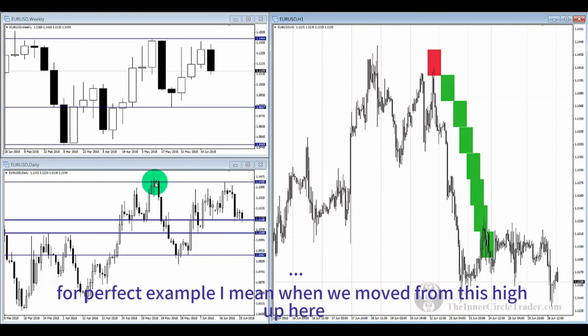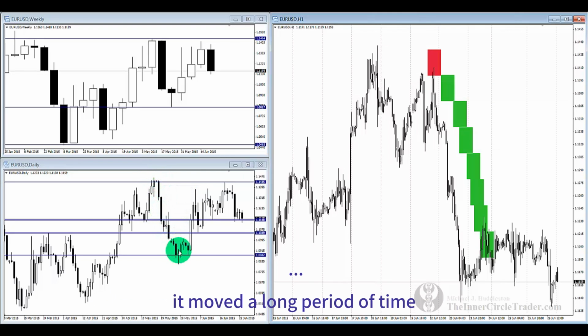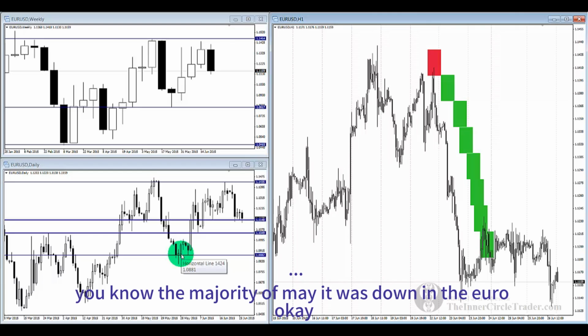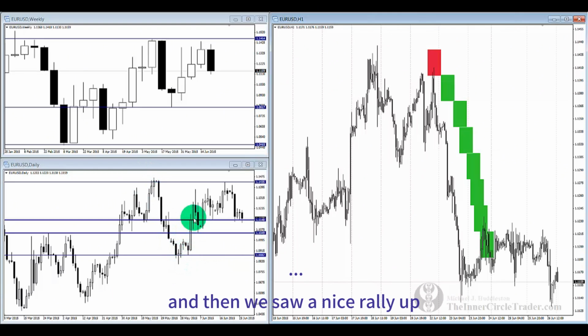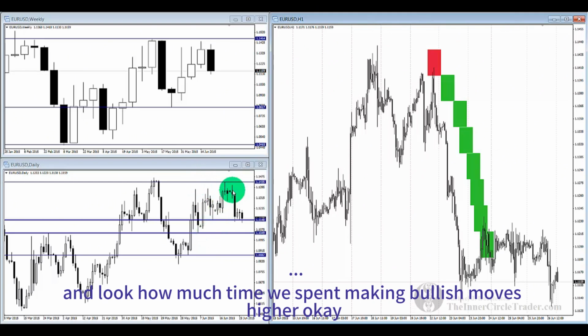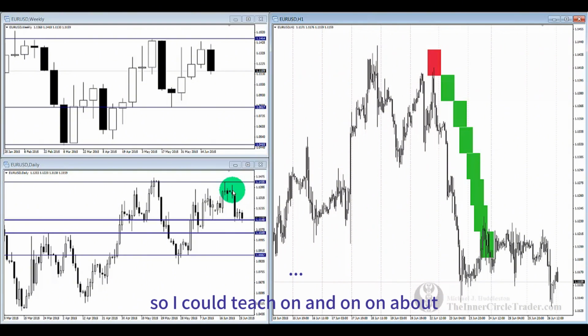For a perfect example, when we moved from this high up here, it moved a long period of time. The majority of May, it was down in the euro. Okay, and then we saw a nice rally up, and look how much time we spent making bullish moves higher. Okay, so I could teach on and on about every specific aspect of the swing trading idea or method, but